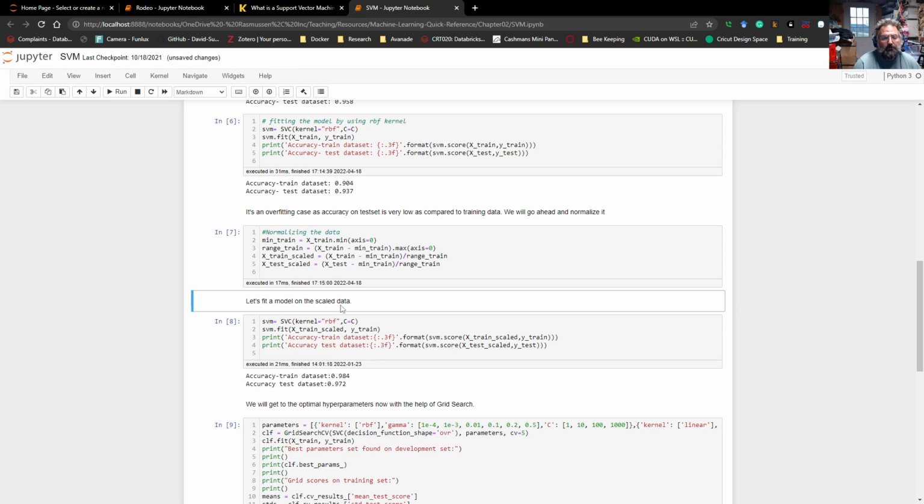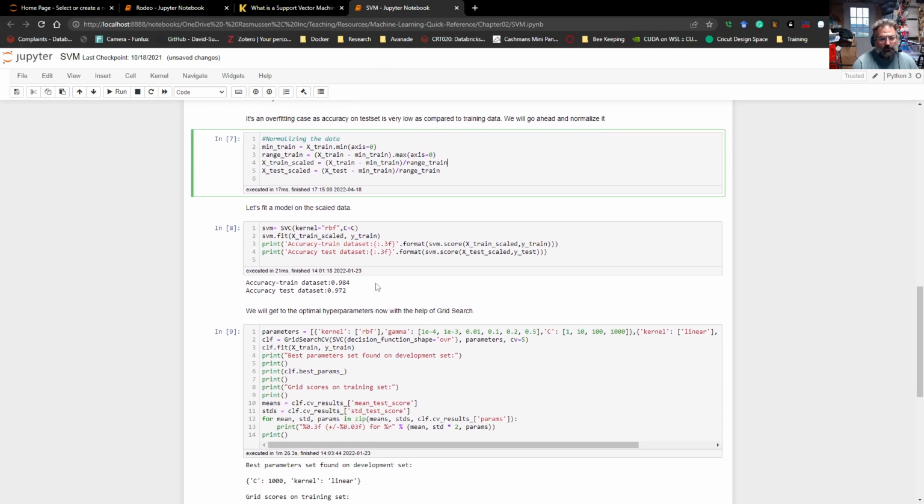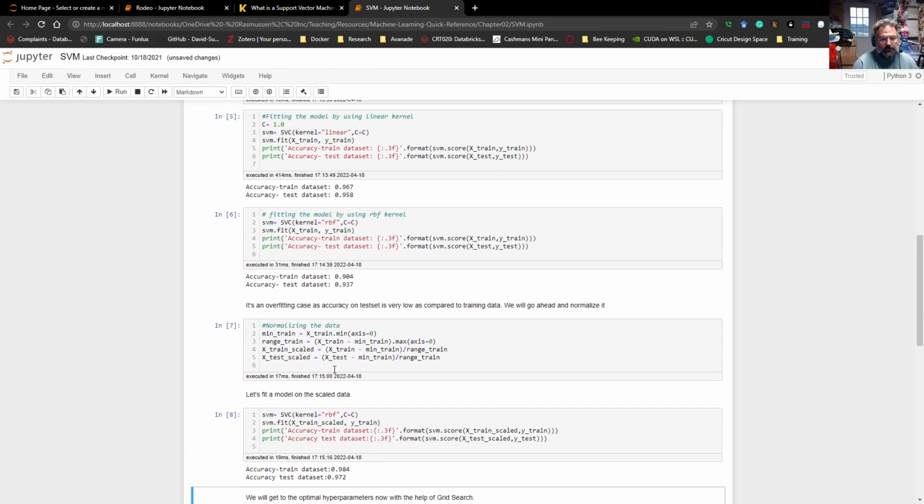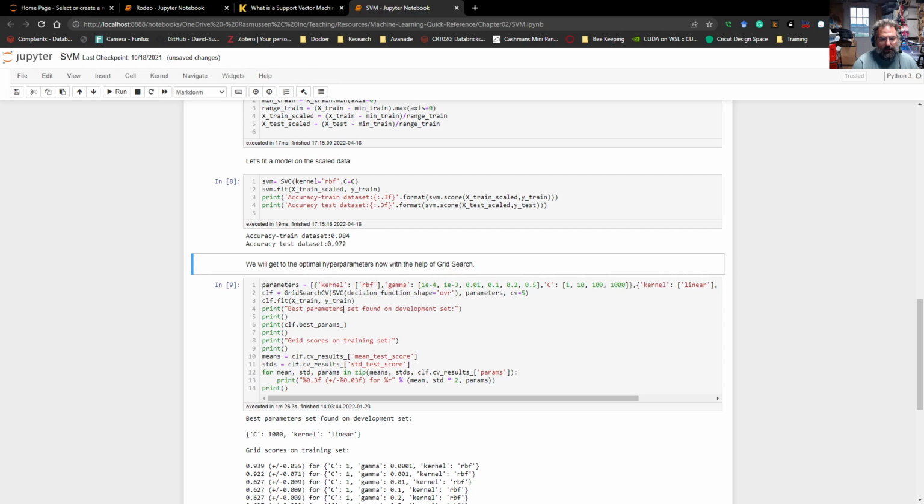So again, this is where we're doing some normalization, which is always a good idea, and then running it again and seeing that the accuracy went up quite a bit, even with this radio bias function. I believe that's what that stands for. And then moving on,